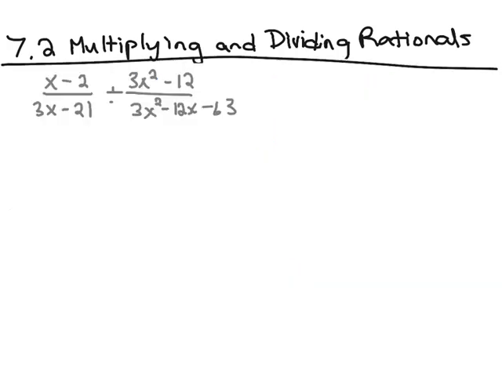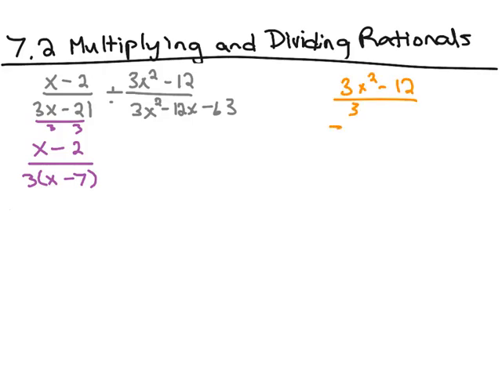For this one, we are going to factor. So on the left, our first rational expression, x minus 2 stays the same, and we're going to divide by a common factor on the bottom, so we have 3x minus 7. On the right side, we have 3x squared minus 12. Take out a common factor, and now you have a difference of squares. So 3(x minus 2)(x plus 2)